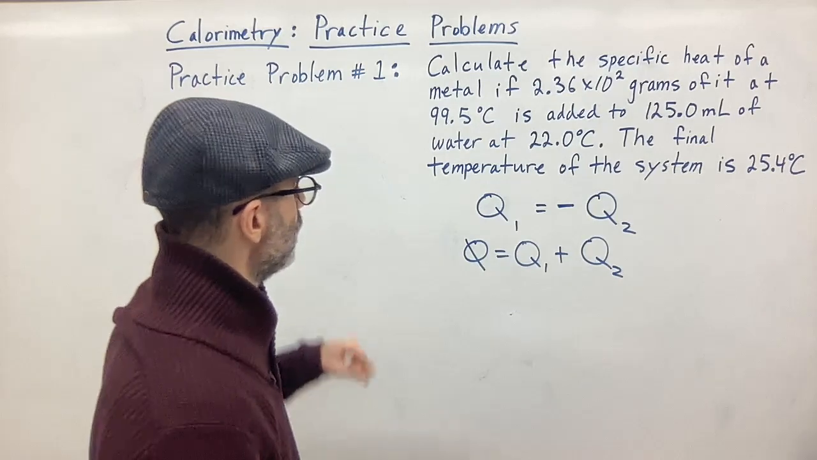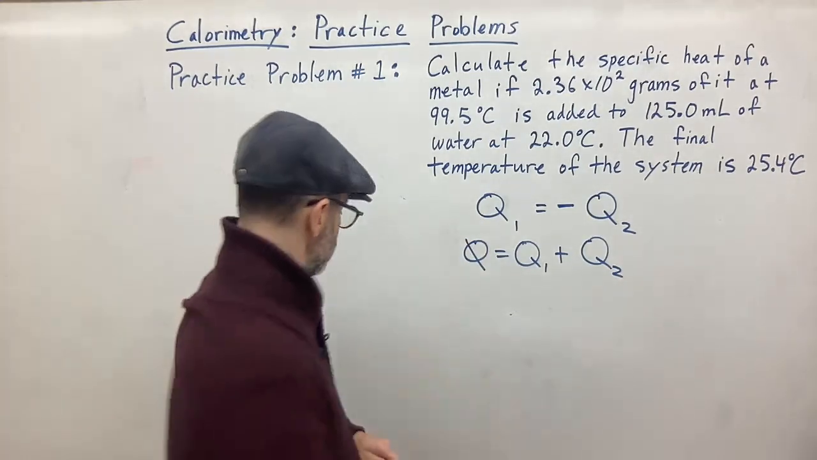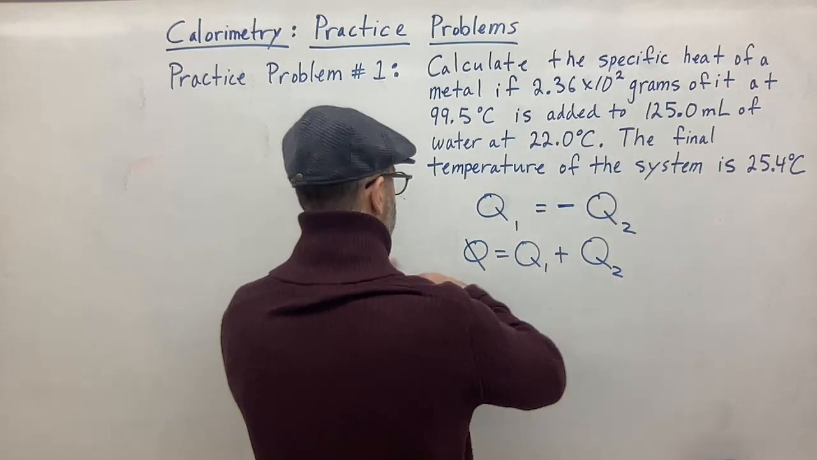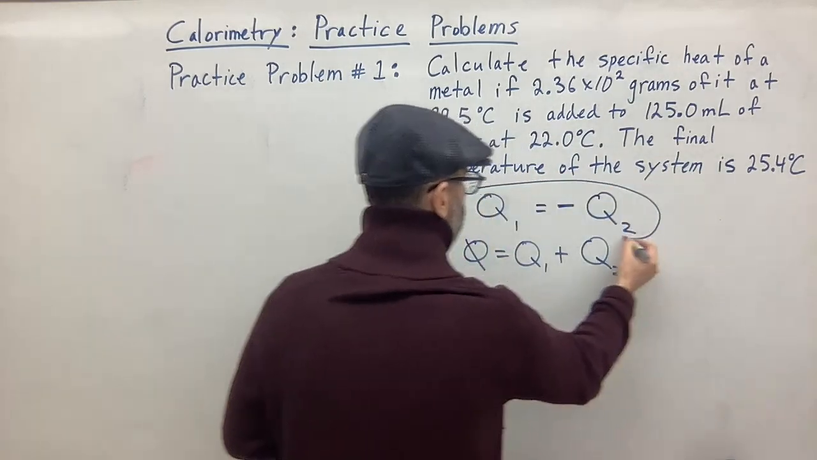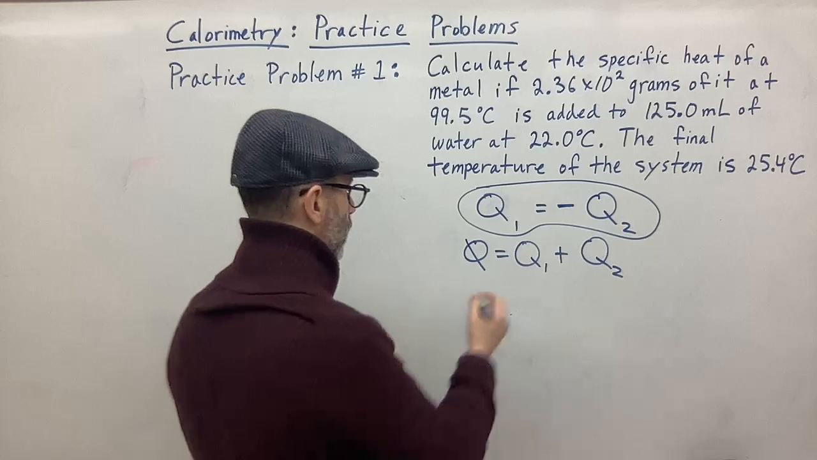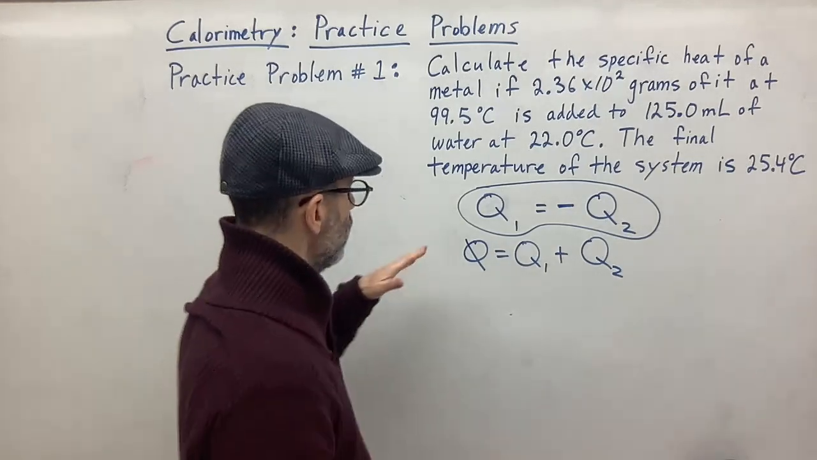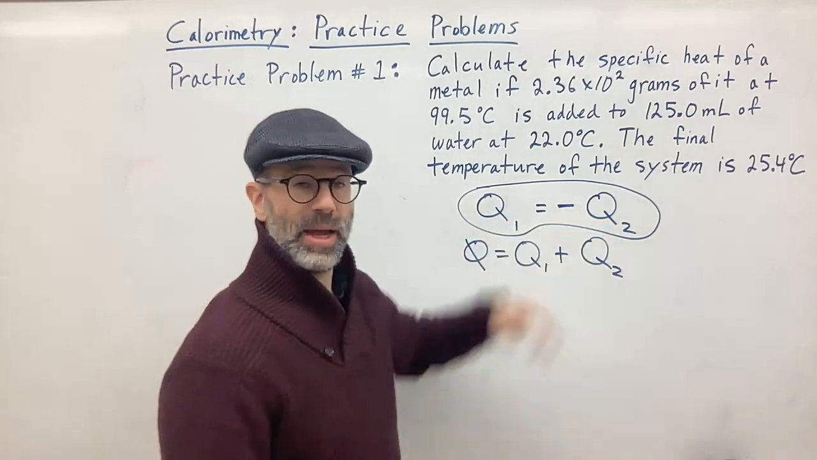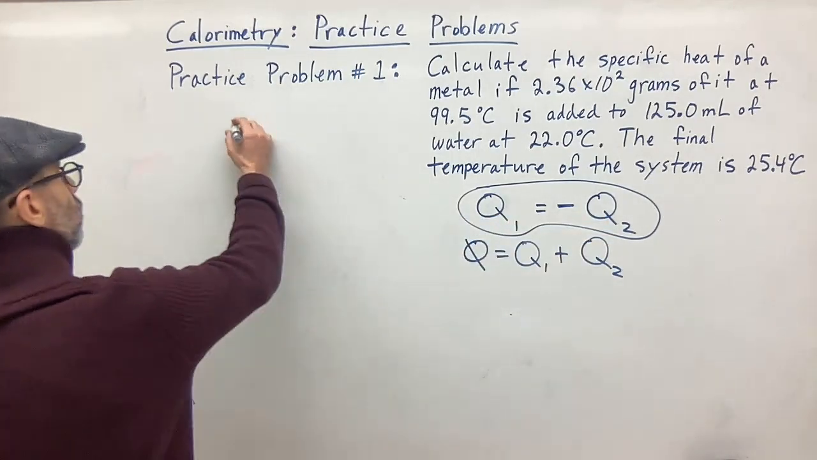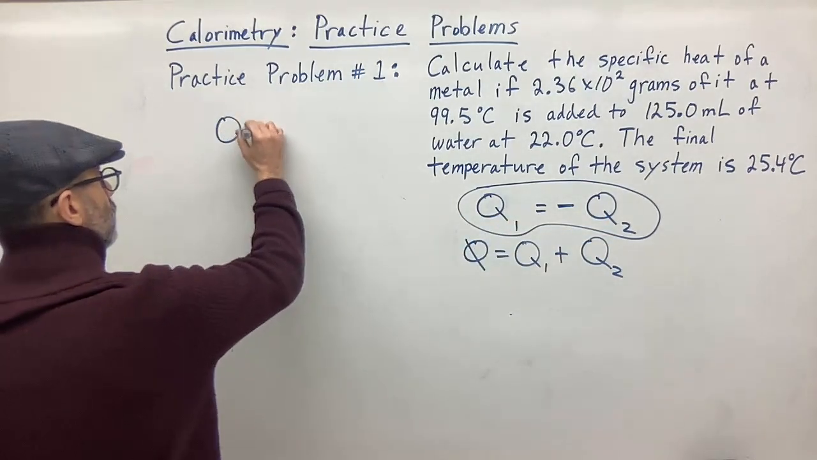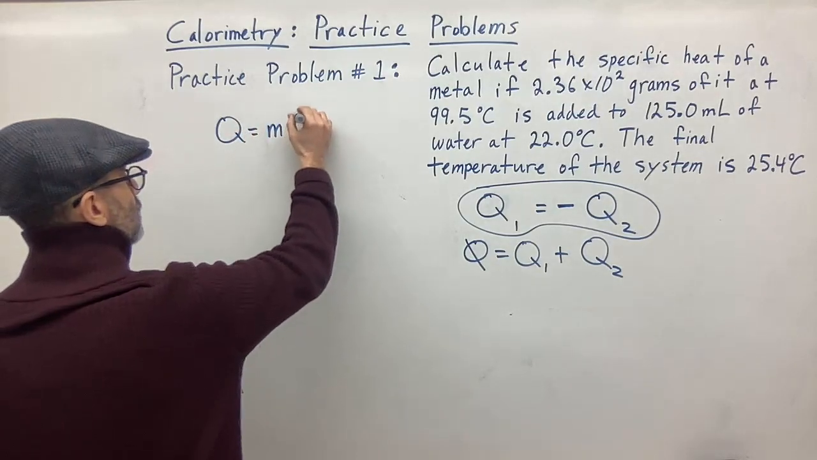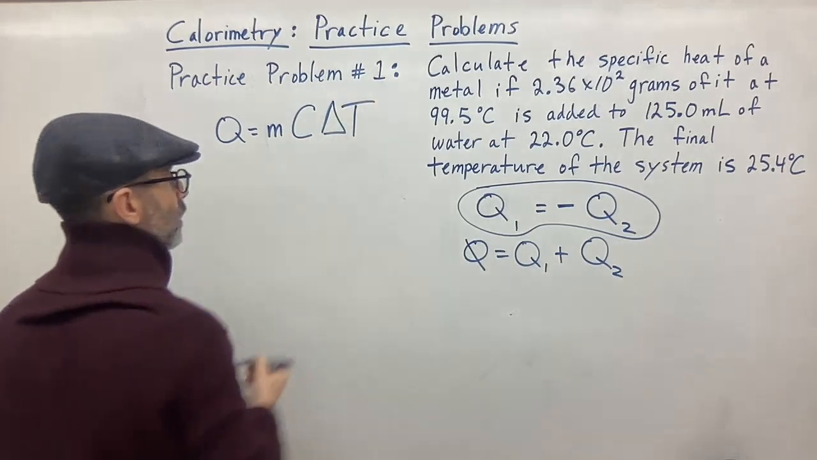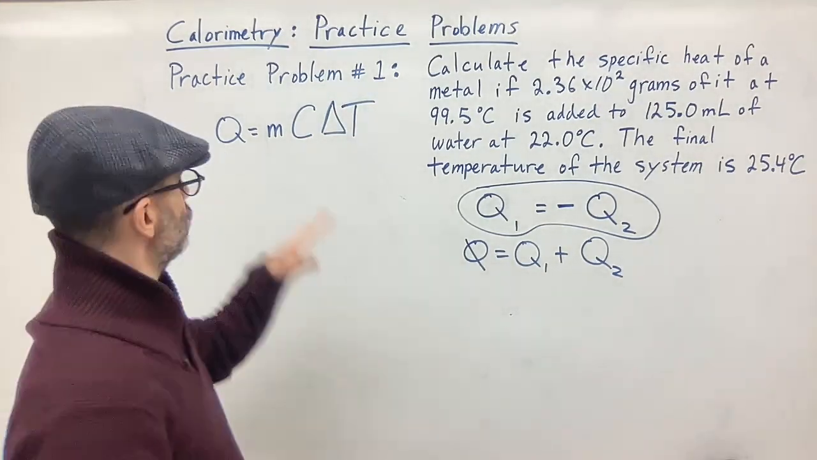Now, I'll start with this form here. So for this problem, I'll do this form, and then for the next problem, I'll do this one. So remember, when we have our Q values, we have the Q equals m c delta T. Q is equal to mass times specific heat times delta T, the change in temperature. So we are going to